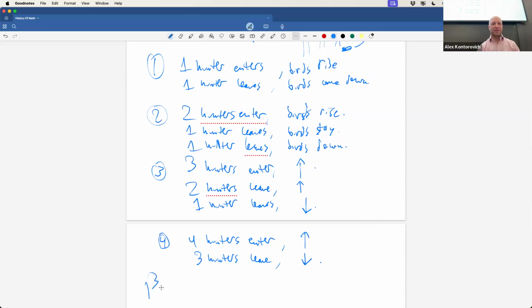The bird's notion of a number is they know 1, they know 2, and then they know, I don't know, a lot. One guy came in, that guy left, no problem. 2 guys came in, 1 guy left, that's not enough, another guy leaves, no problem. Infinitely many hunters came in, only 2 came out. 1 more left, I don't know how to do that arithmetic, I think it's safe, let's just go down, I'm hungry. Infinitely many came in, infinitely many came out, can't compute, coast is clear, go down.